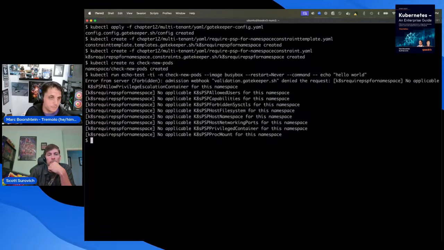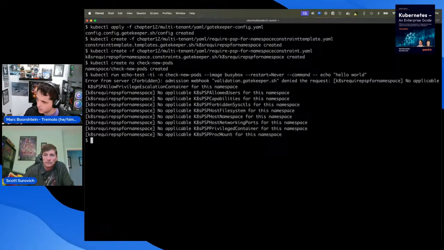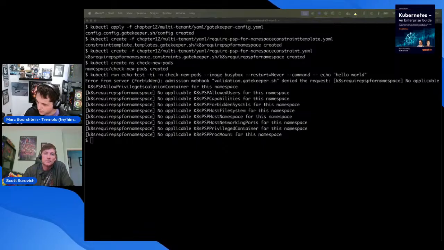And because Gatekeeper audits, if anything is violating this policy that had already been run, you can go check the status. And you can set off alerts if you've got pods running in namespaces that don't have policy. That gives you a couple of ways you could go.